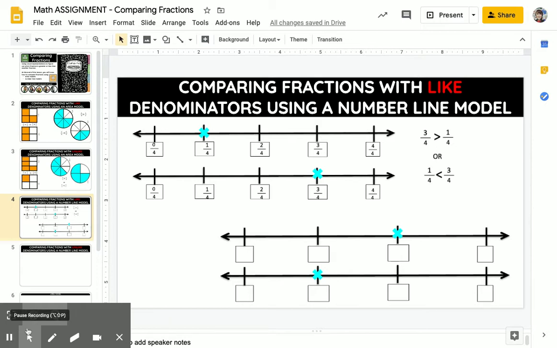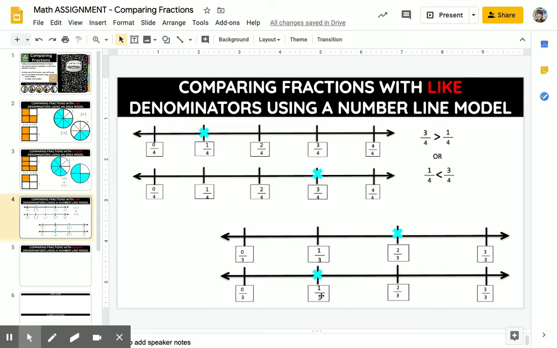Now let's try one more time with the bottom number line. Again, the lines are the same length and they are cut into the same number of sections, thirds. Knowing that, let's label the number lines just like we did on the top set. We can now see that on the top number line, the x represents 2/3, and on the bottom number line,